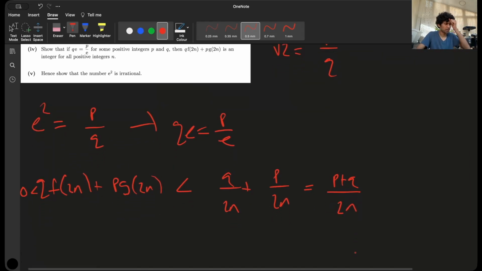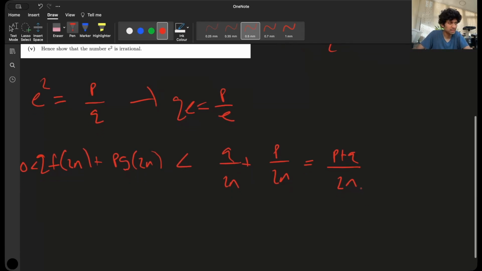Okay, so we've supposed that e squared is rational, and we've got then that this thing in the middle has to be an integer. So the way we can get the contradiction is to make p plus q over 2n less than 1, right? Because then in that case we know there's no integer between 0 and 1. So that's our contradiction. So what value is going to give us that? Well, why don't we just try p times q? So if we put n equals p times q,